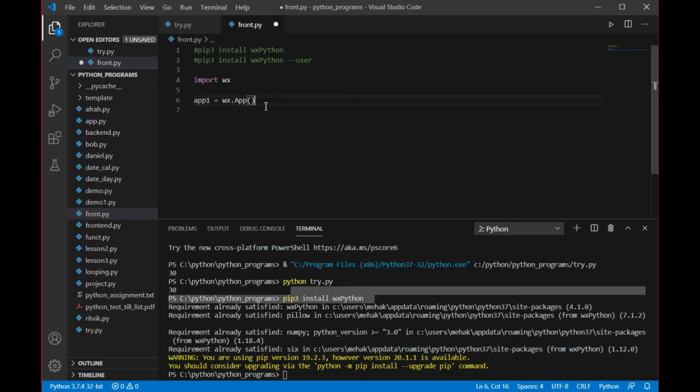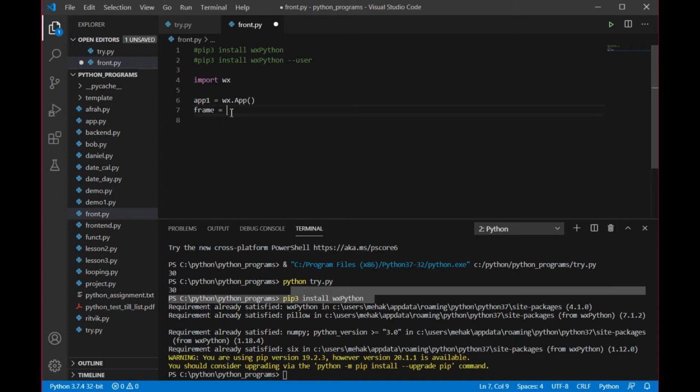So first of all, what I have done, I have taken an app. I'm going to create a simple window. Inside that window, nothing would be written right now. Okay, the title bar, see the names are shown here, like they have written Python programs, Visual Studio Code. Can you see this frame? Now again, frame is a variable name that I can name anything, right? We usually take the same name because that won't create any kind of confusion. So if I'm using app, I'll name it as app by using a different case. Suppose your app has a capital A, I can use small a, just in order to avoid the confusion, but this is not a fixed format, right?